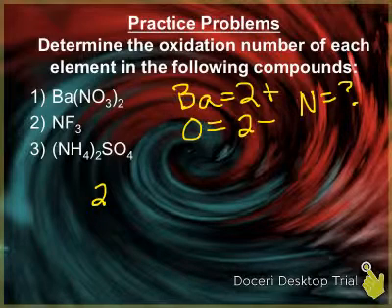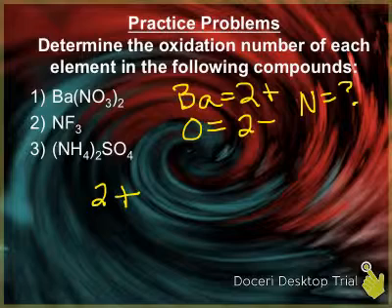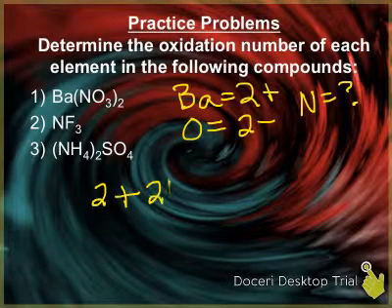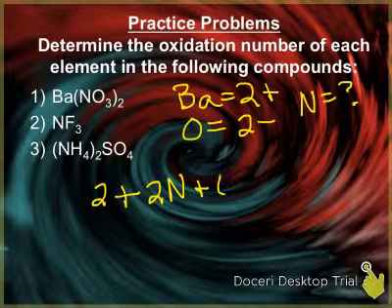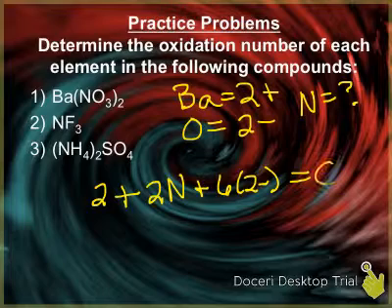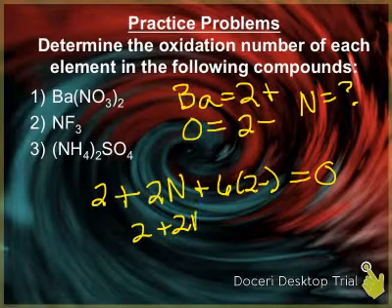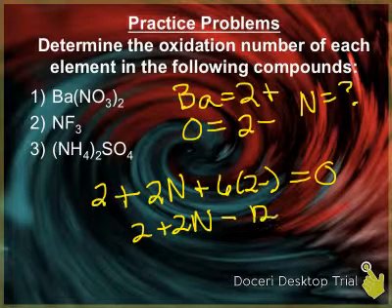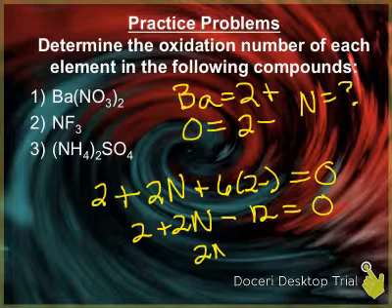Okay, but do we have 1 nitrogen? We have 2 nitrogens, so we have to show that. So 2 nitrogens. And do we have 3 oxygens? We have 6. And what are we going to set this equal to? 0. So 2 plus 2n minus 12 equals 0. So we're going to get 2n equals 10. So nitrogen is going to equal,